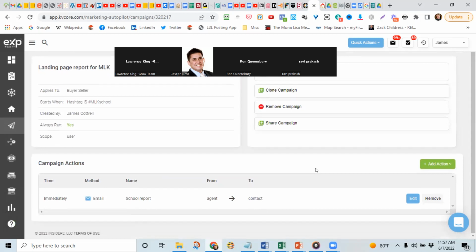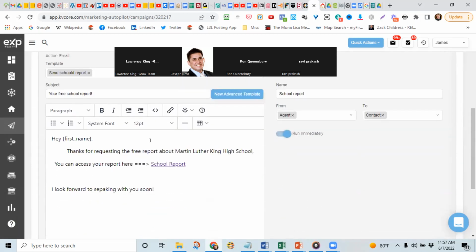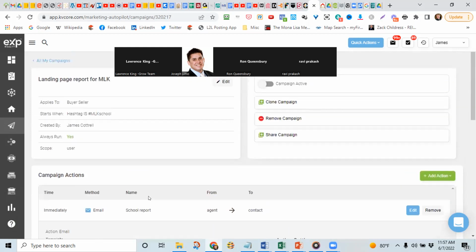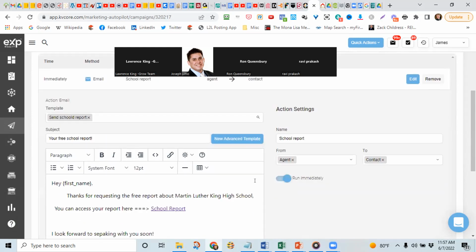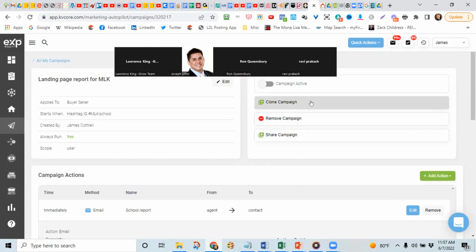And now I have the autoresponder that's going to immediately deliver this email that's going out for the first name. Here's how they can access their report. And then the beauty of this too is once they're open in a contact, you'll know if they've opened and saw this email because the system's going to tell you that they opened the email. So you may want to put a task in there to review the contact and to see if they've opened the email, and maybe you follow up with a phone call or a text message.